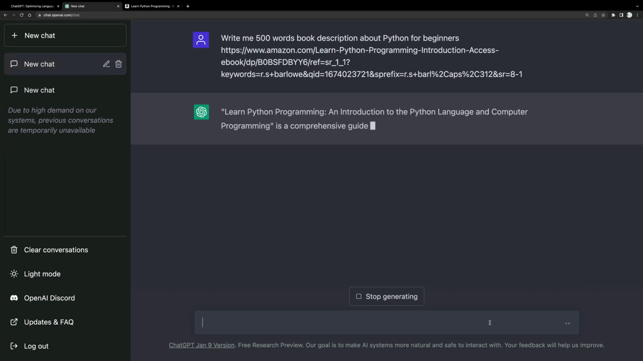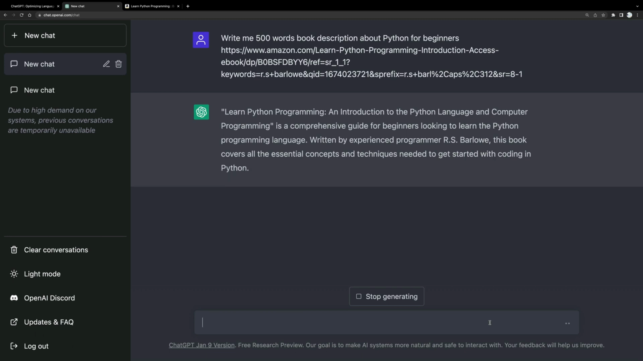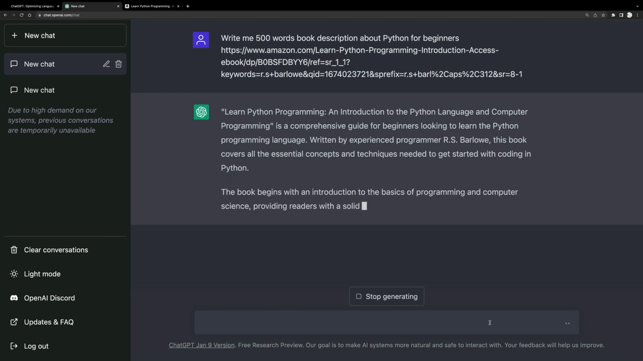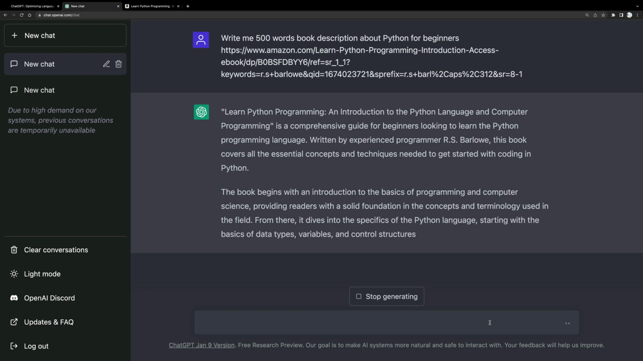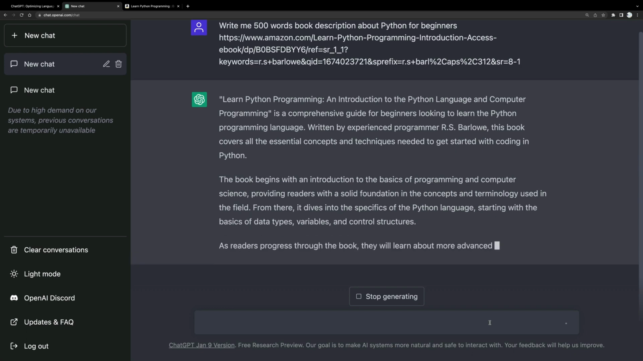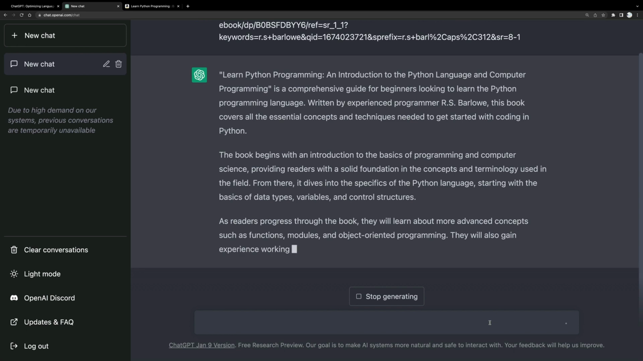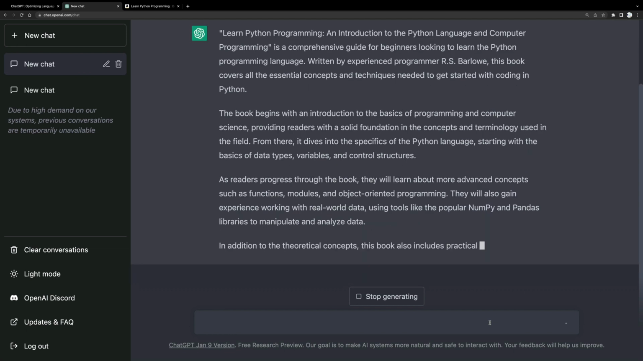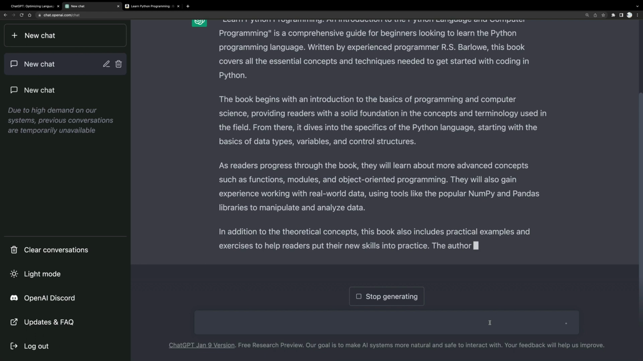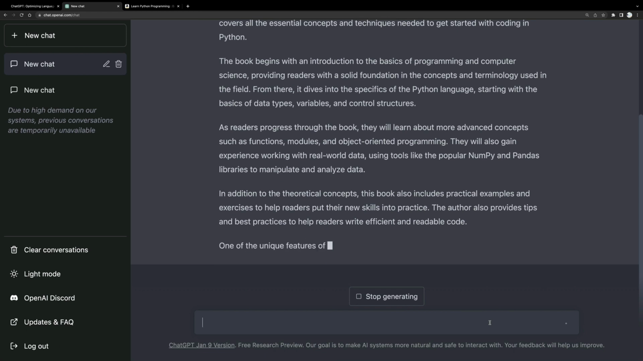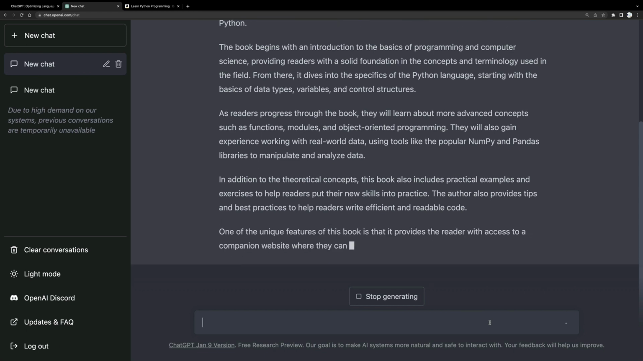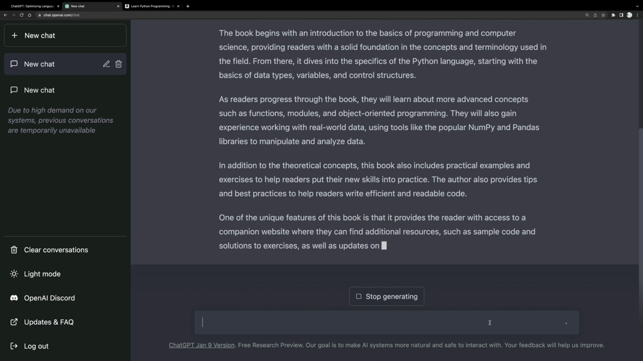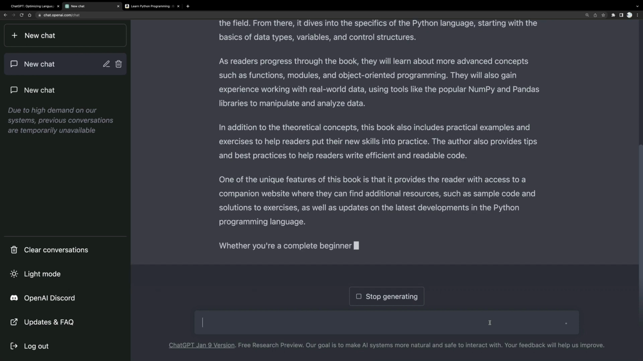Look, there you go. Learn Python programming, an introduction to the Python language and computer programming. It's a comprehensive guide for beginners looking to learn the Python programming language. Written by experienced programmer R.S. Barlow, this book covers all the essential concepts. So if I run this one again, it will give me a different one. So I can copy the same thing because it's better than the one that I have at the moment, but I don't bother